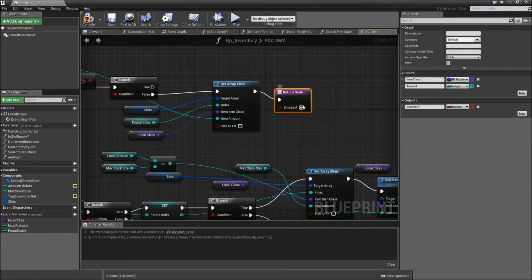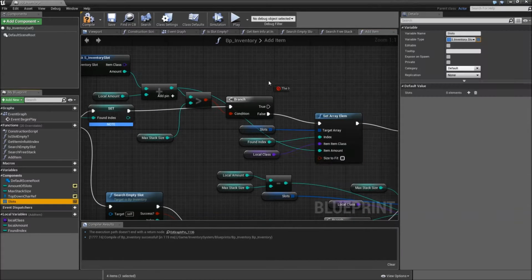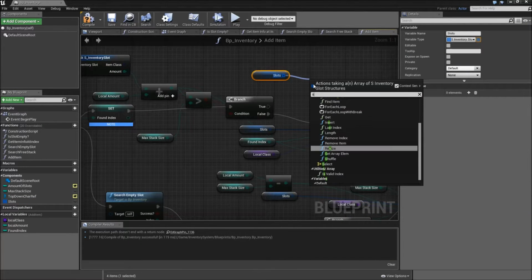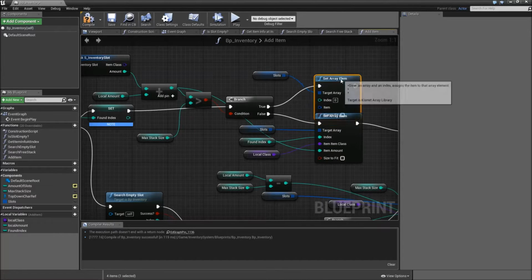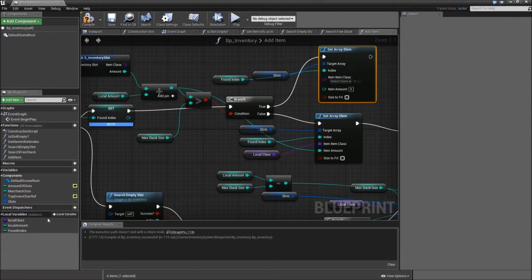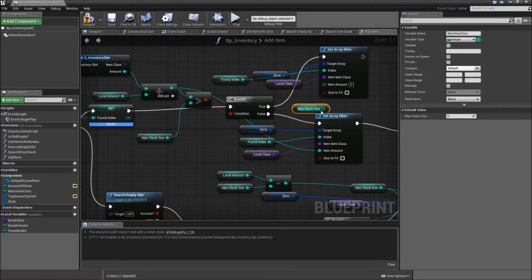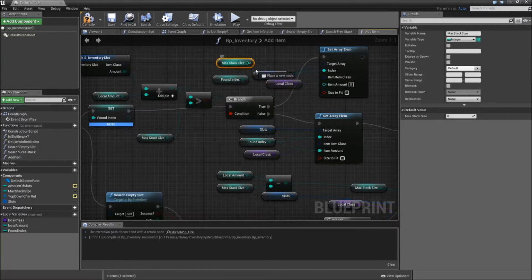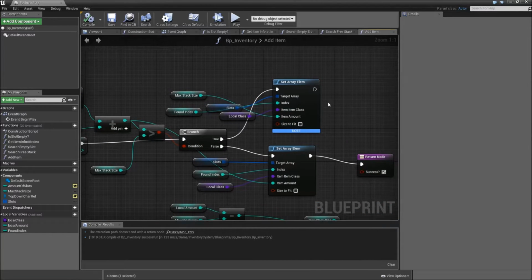Hit the success again, and of the true we want to grab our slots as well, set the array element, add our found index to our local class, and the item amount will be our maximum stack size because this stack will be full then. But after it we have to calculate the rest again, so we'll,